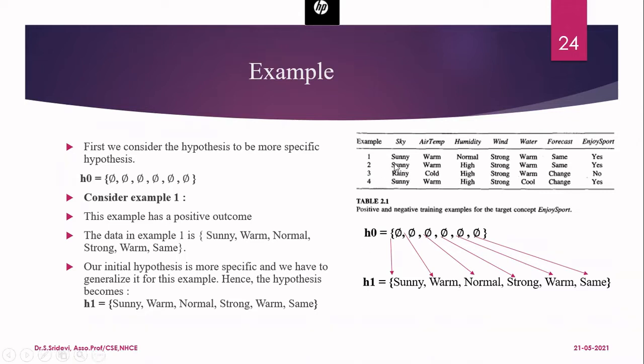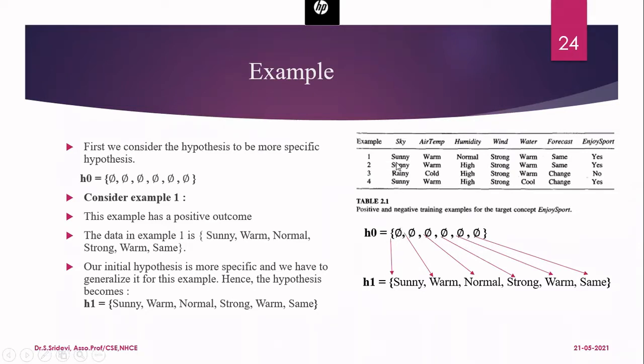You see what the value is for all the attributes in the positive example. So here sky is sunny, air temperature is warm, humidity is normal, wind is strong, water is warm, forecast is same. Now you have to consider this data and see what hypothesis you have now. The hypothesis we have is all 6 values as null. Null is nothing but the most specific. Now you have to check whether the first parameter is sunny, because in this example we have sunny, but in the hypothesis it is null.